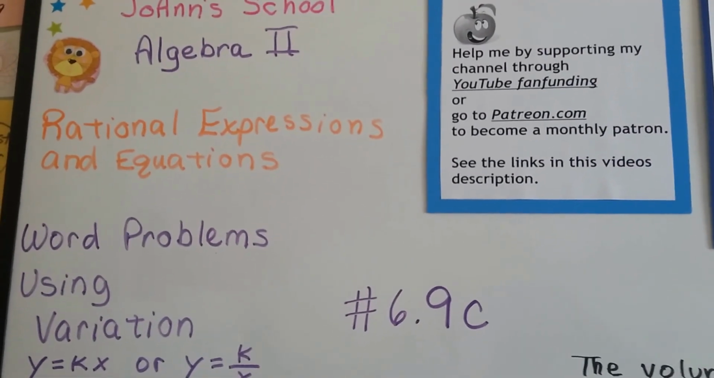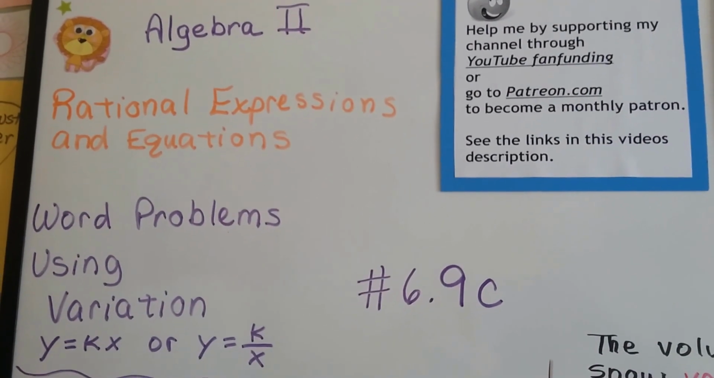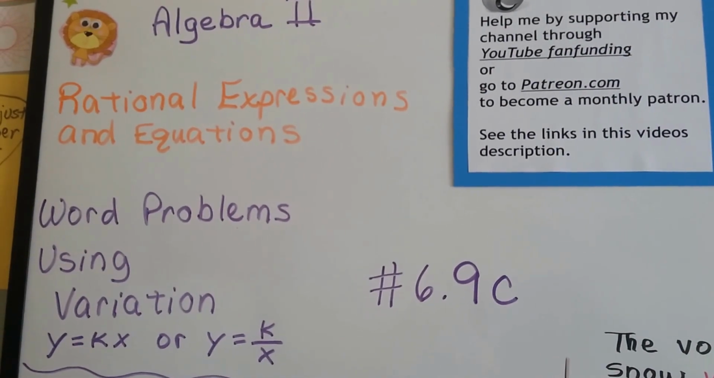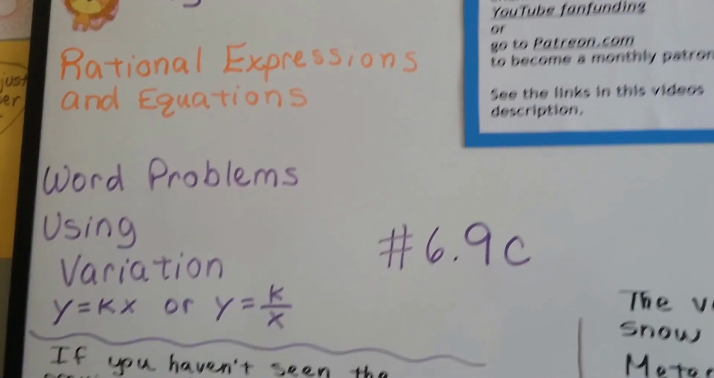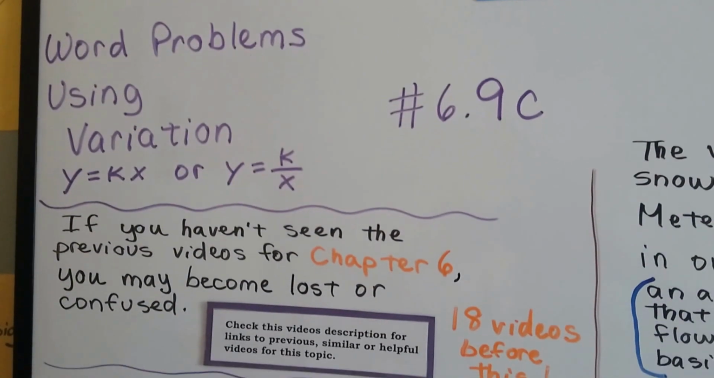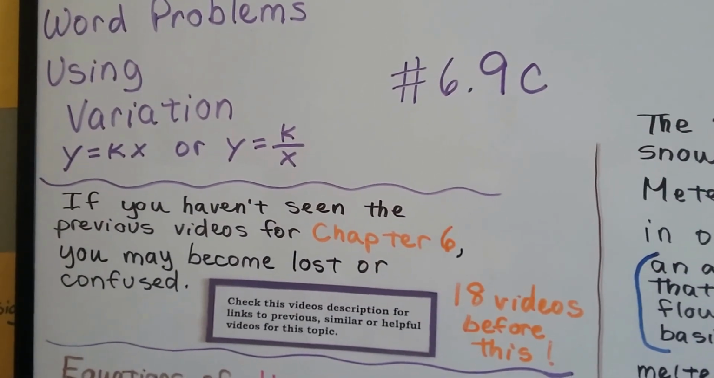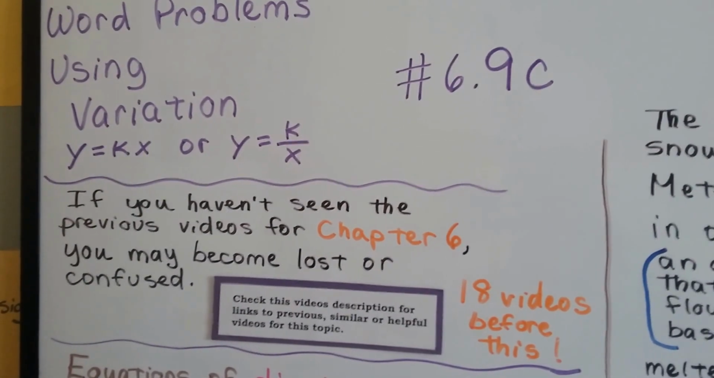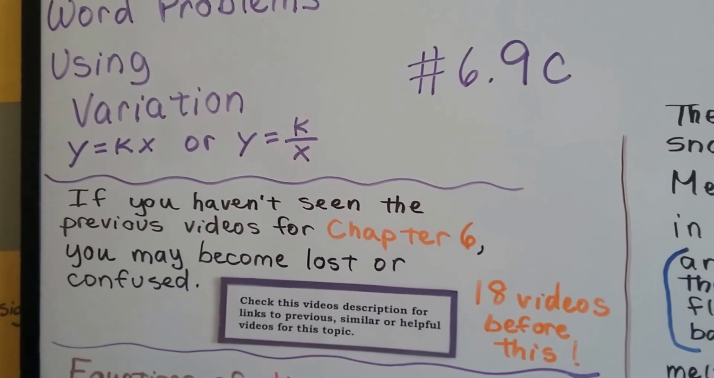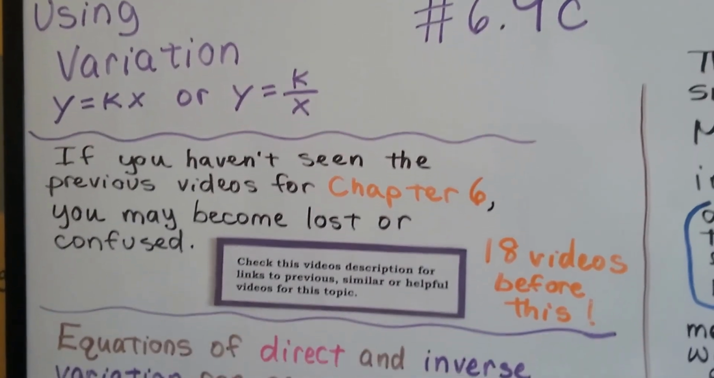Algebra I, 6.9c, word problems using variation, y equals kx or y equals k divided by x. If you haven't seen the previous videos for Chapter 6, we're almost near the end. There's 18 videos before this one. You might become lost or confused, and those video links are in this video's description, so you can watch them